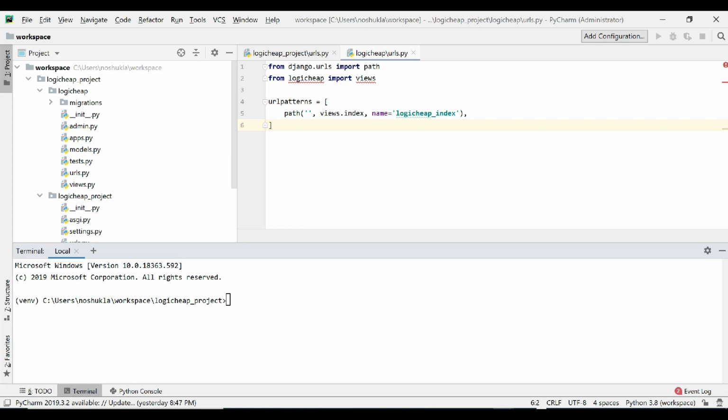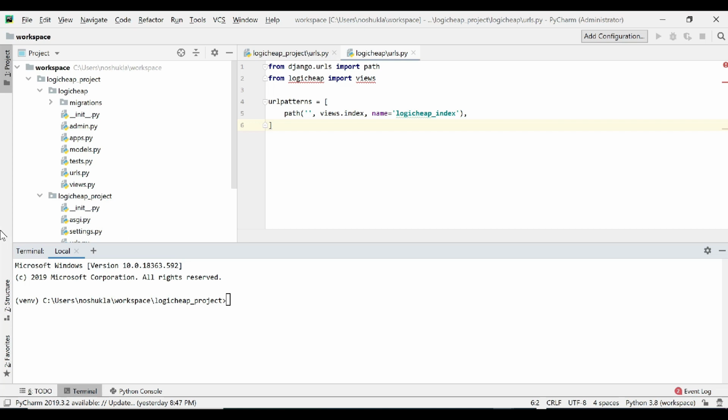Now, when we created the application Logic Heap, this is the folder which got created, right? And it has got models.py, and it has got views.py that today specifically we'll be talking about. So why are all these files getting created and what is the importance of this? You need to understand that here we are following some kind of design pattern.